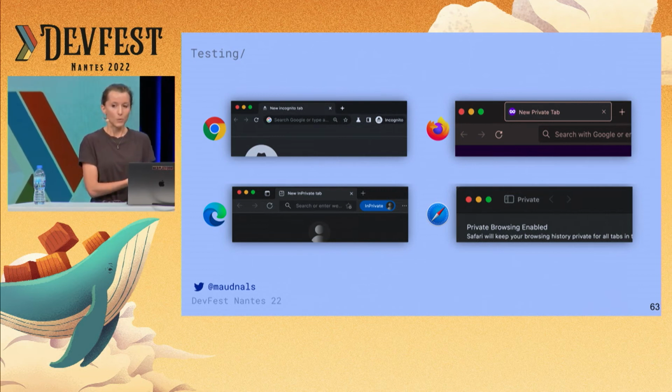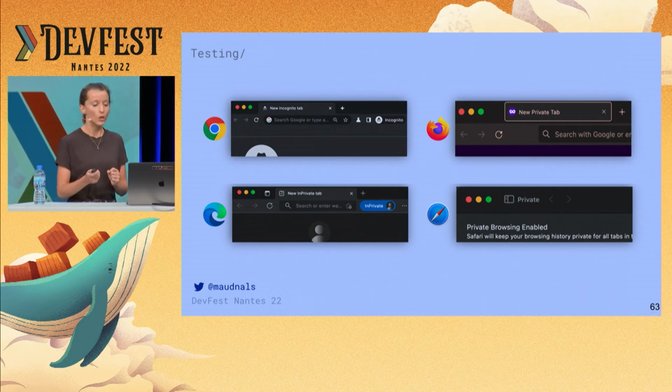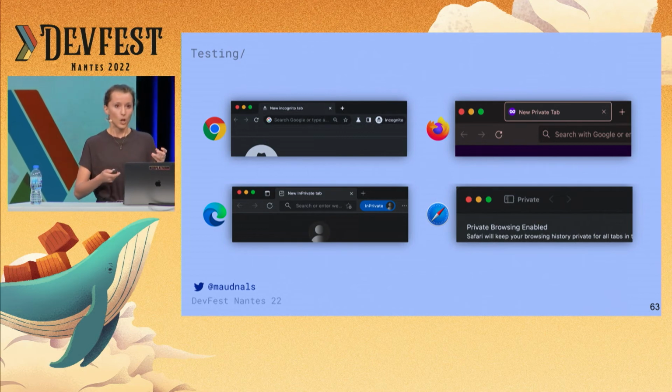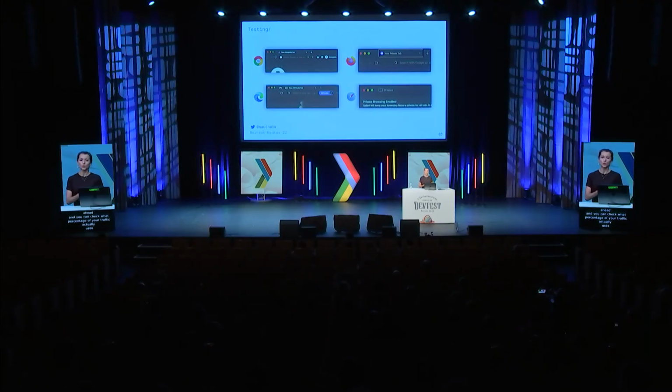And I wish I could say that you can be data-driven about it. You can go ahead and check what percentage of your traffic actually uses private browsing modes. And then depending on that, if it's high enough, maybe it's worth it for you to dedicate time to that type of testing. I wish I could say that, but I can't.